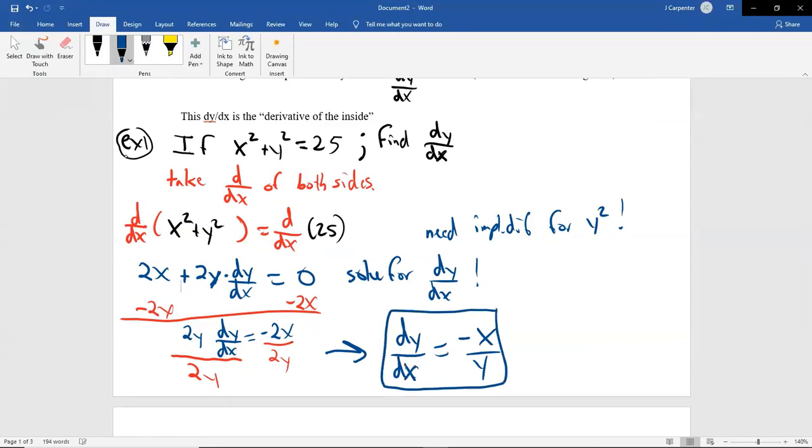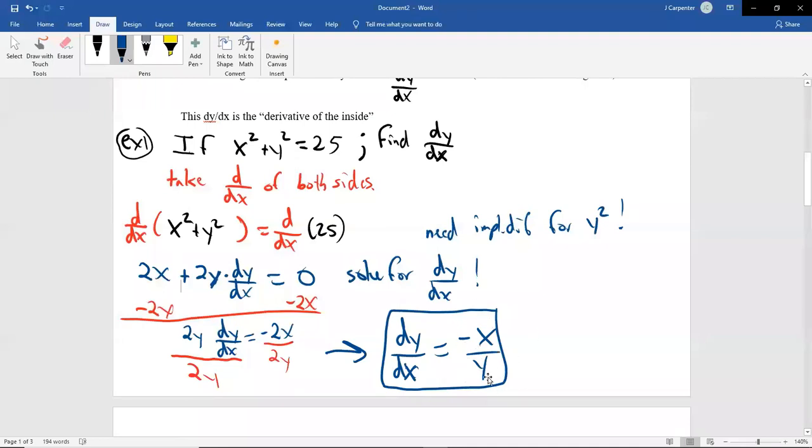This is fascinating, even though the original thing is not a function, we can still take the derivative as if it were a function and get this relationship. Now, I'm not claiming that the derivative is a function. I'm not making that claim. I'm just saying that we can take a derivative of something that's not a function and actually get an answer. And this doesn't have to be a function. It's not explicit. It doesn't say y equals. It's definitely not a function of one variable. It's a function of two variables.